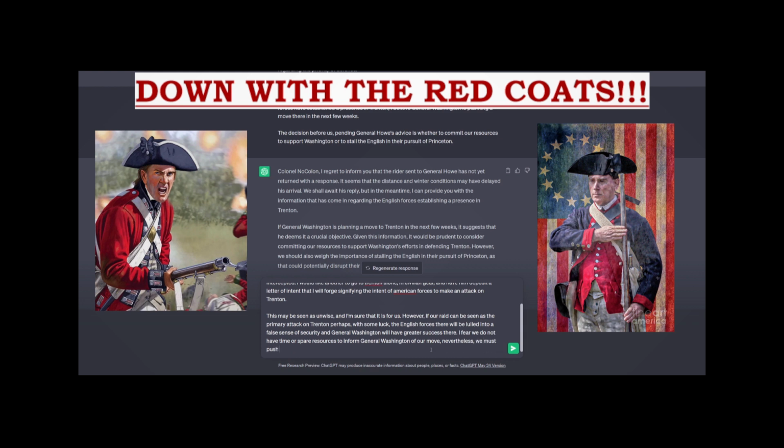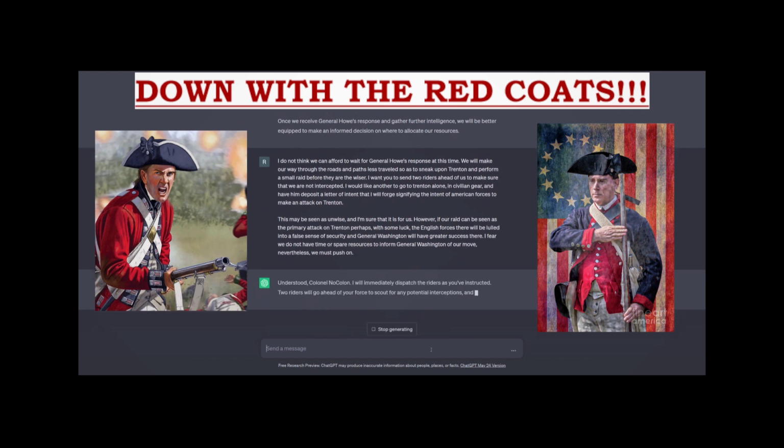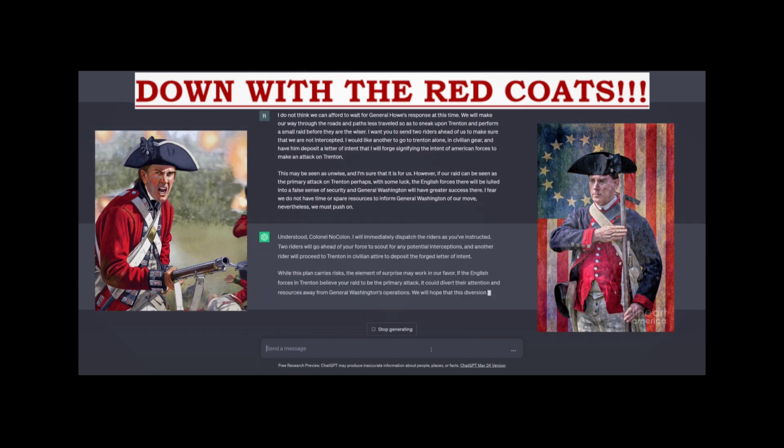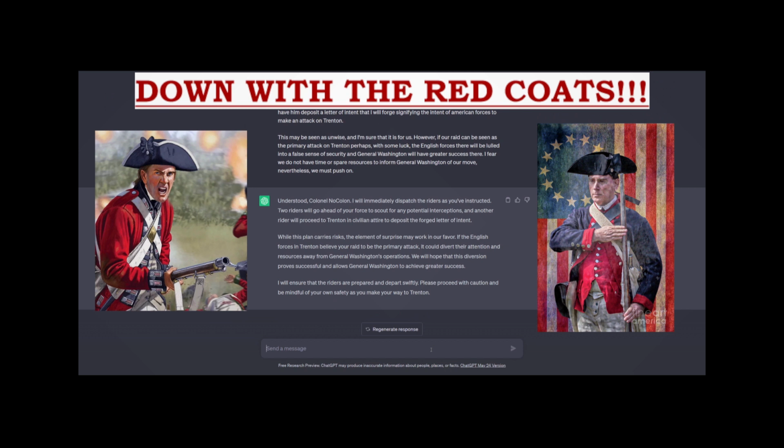Dispatching riders as instructed. We'll go ahead. Well, this plan carries risk. The element of surprise may work in our favor. If the English forces in Trenton believe your raid to be the primary attack, it could divert their attention and resources away from General Washington. We hope that this diversion proves successful and allows...